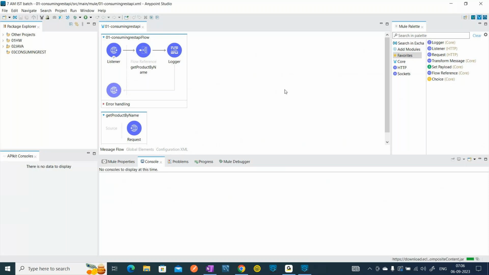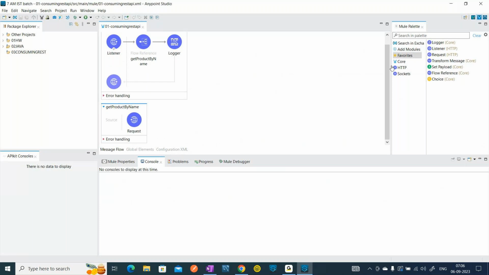So yesterday I discussed how to consume the get product by name service. Same way, let me call get all products also. So what is the component I can use? Can I use the request connector one more time? And the name of that flow should be